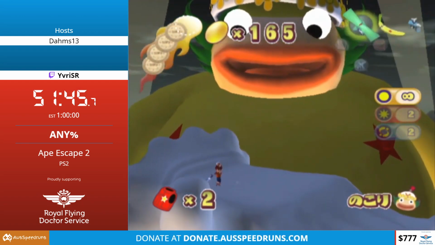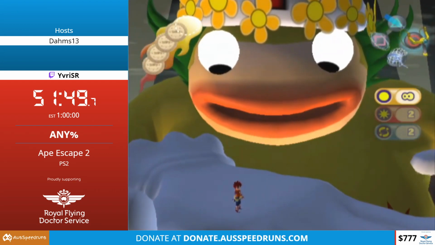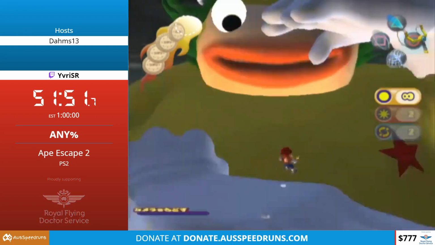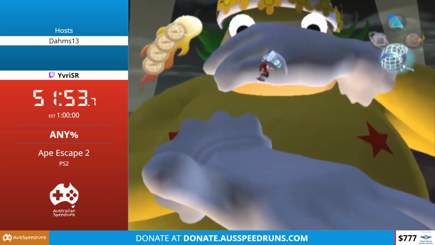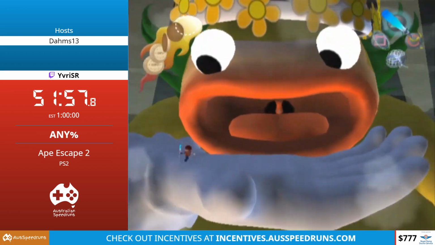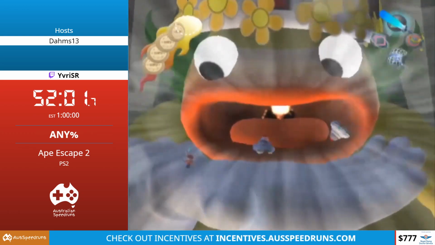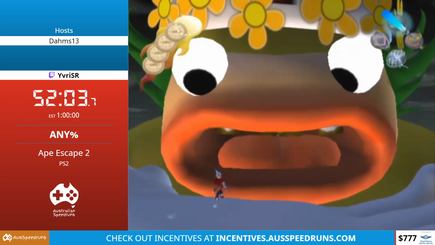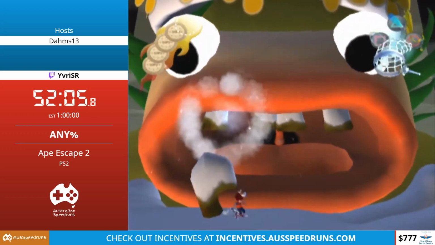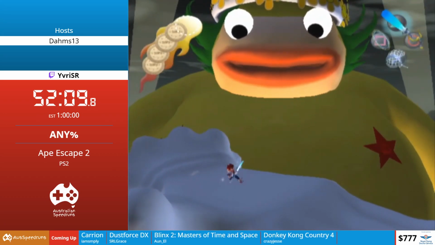So the way these last two levels work is the goal is to find Spectre, whereas the goals in the other levels are to catch a certain amount of monkeys. So there's no monkey requirements for these last levels. So we can just go immediately to the end and exit, or enter the exit,